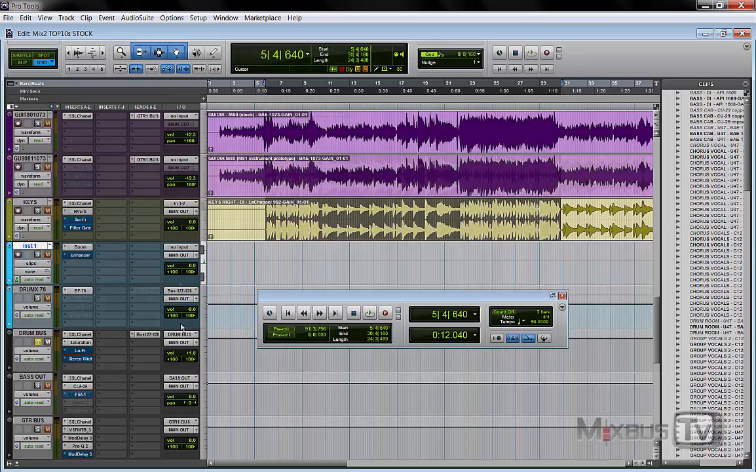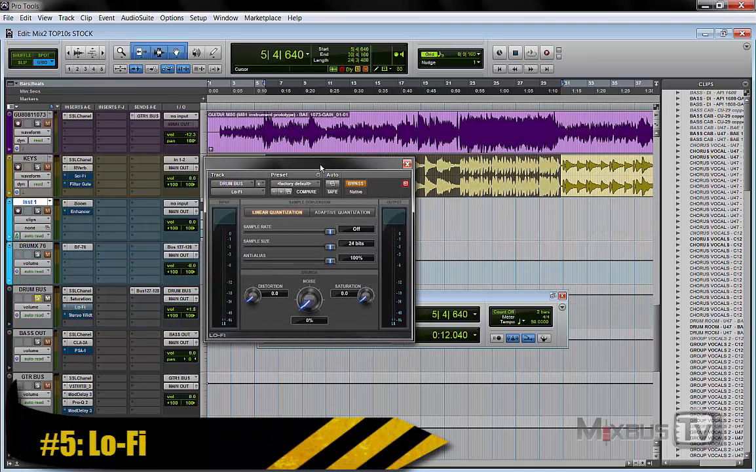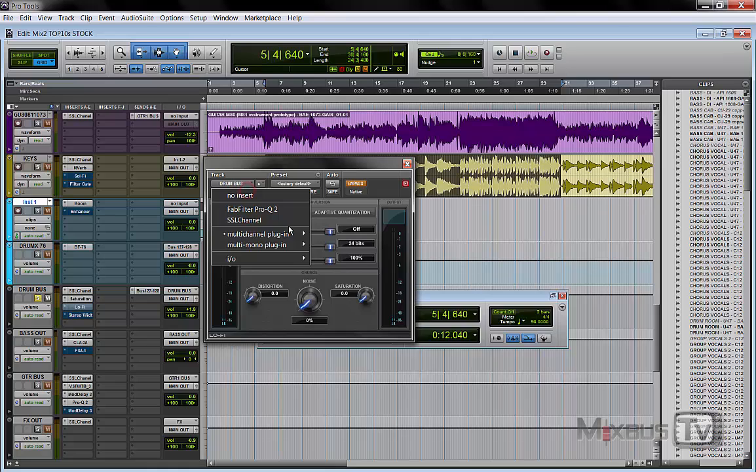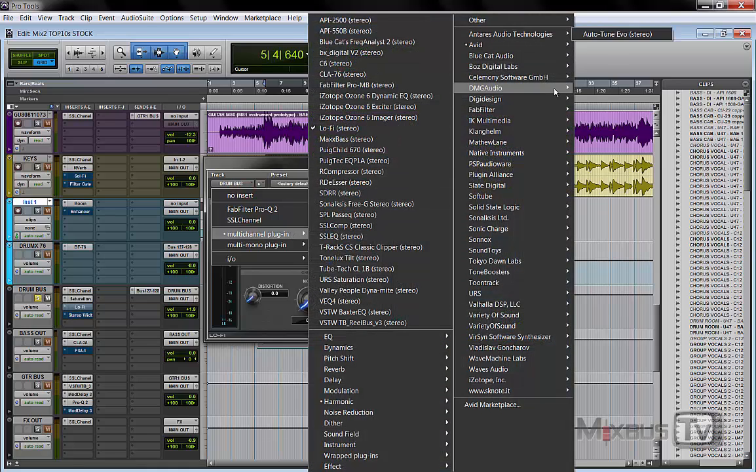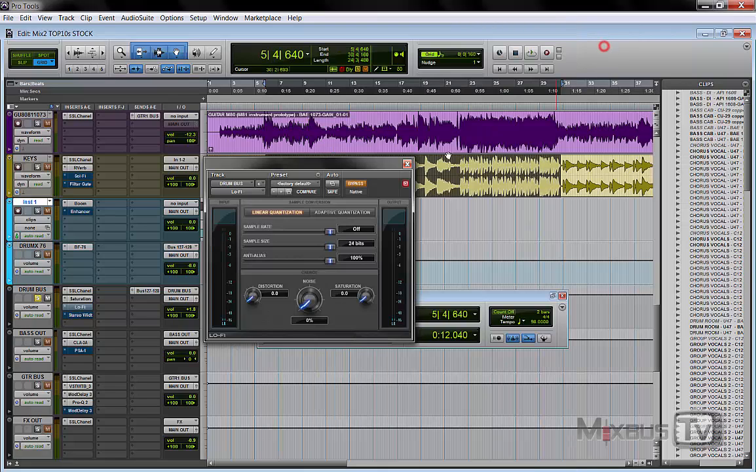Let's go on with number 5, which is Lo-Fi. This one has got a facelift like some of the other Avid plugins, but it's the good old Lo-Fi. There are 2 Lo-Fis. The other one is the Air, I think, or the DigiDesign Air Lo-Fi. But this one is the good old Lo-Fi. It's very nice for distortion of any kind, vocals, whether is in insert or parallel,